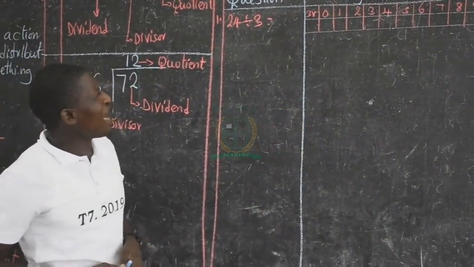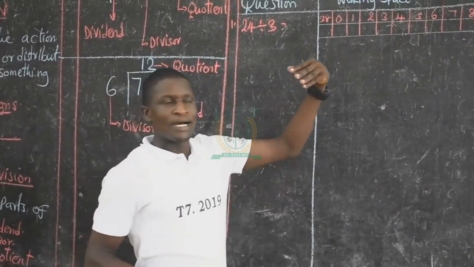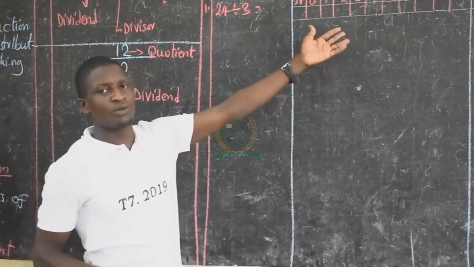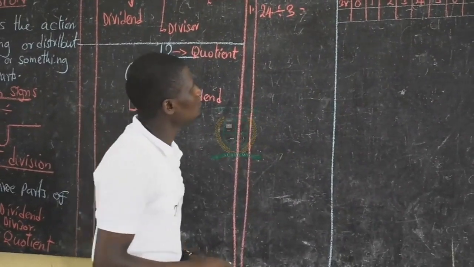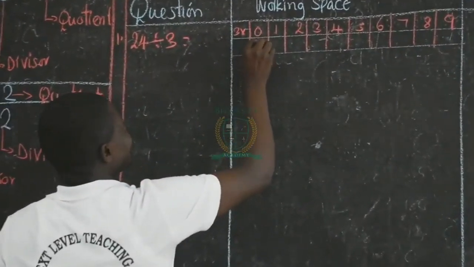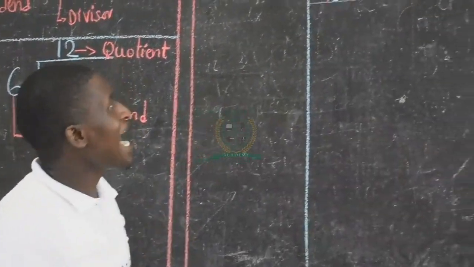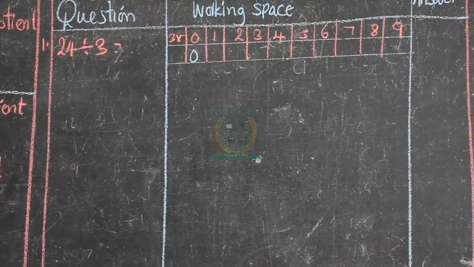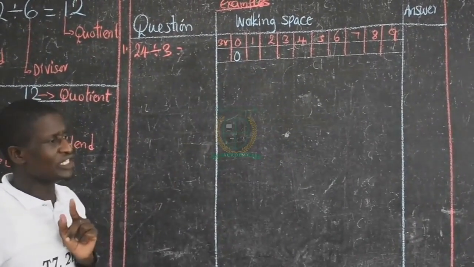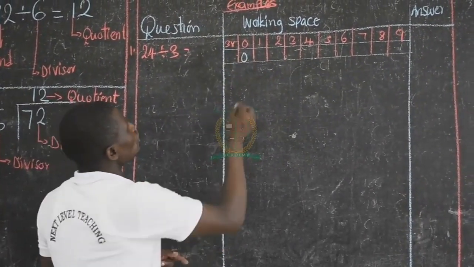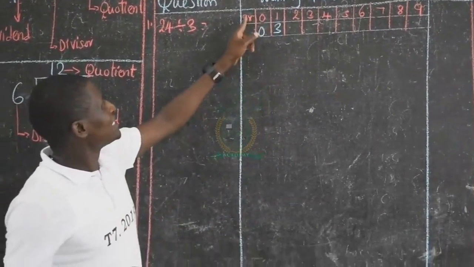Now, how is division related to multiplication? You must know table 3. And that's what we are going to make. And how is division related to addition? Look, we start. 3 times 0 is 0. Any number multiplied by 0 is always 0. Now, after getting that, how can we proceed? Now, let's see how these things are related. 3 plus 0 will give us here. So, how can we do it? 3 plus 0 is equal to 3. You see? For example, you know that 3 times